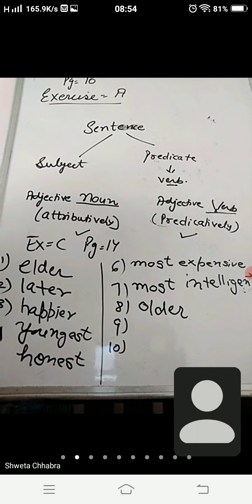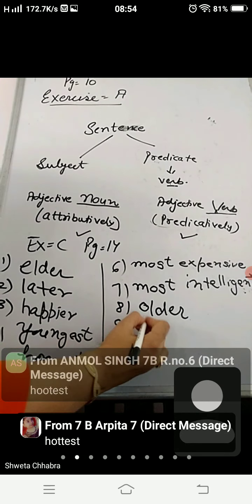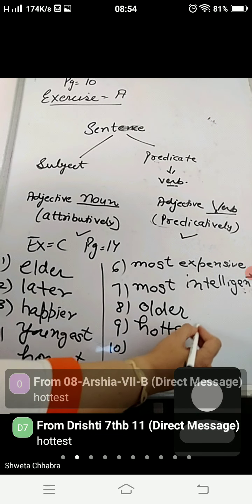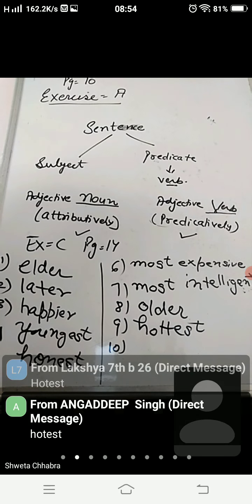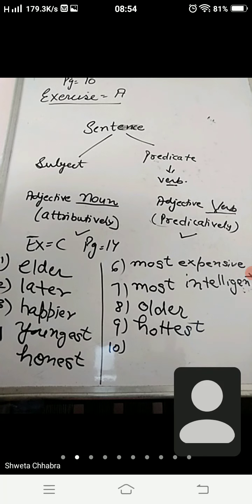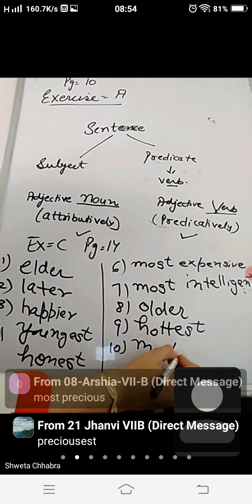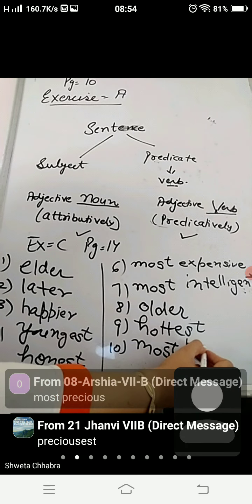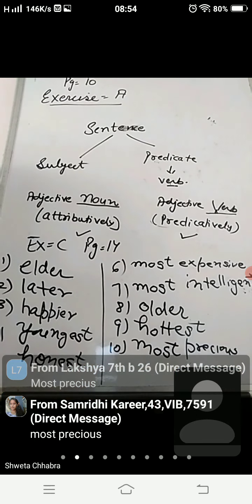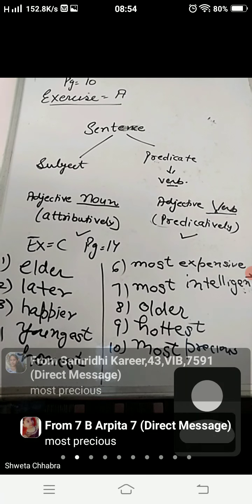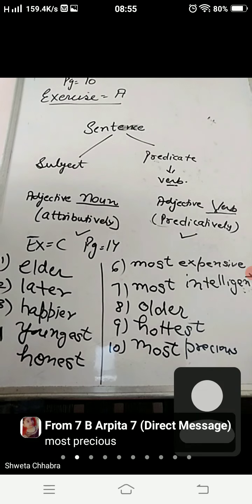June is the dash month of the year. Yes, I think it was asked in your revision test also. Hottest. Because with "the" we will be using the superlative, and you are all writing the spelling of hottest wrong. Gold is the dash of all metals. Gold is the most precious. Okay, children? Now I have taken adjectives. From adjectives only this much is to be done. Okay.